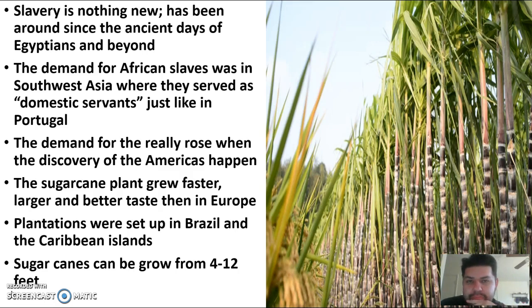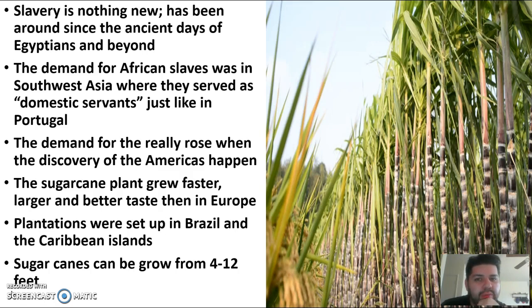But here's the thing: if you have that much, you need hands, right? There's only so much some people can do, okay? But if you're trying to get production, boom, boom, boom, boom, going, you need hands, and chances are you're not going to pay somebody top dollar. You're going to want to get them as cheap as possible. And that's where slavery comes in.